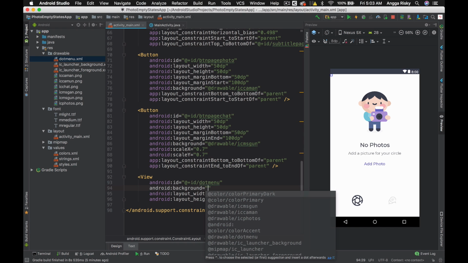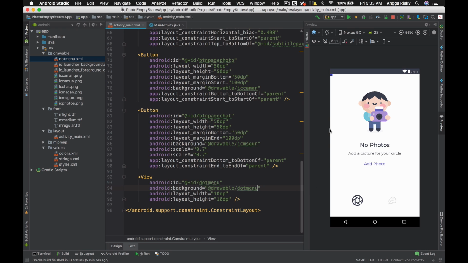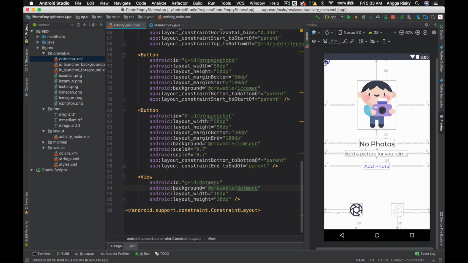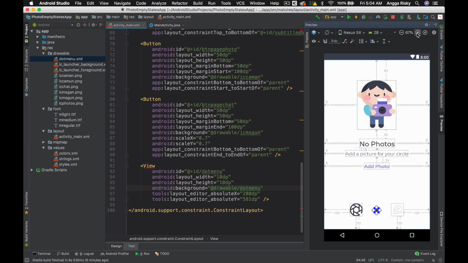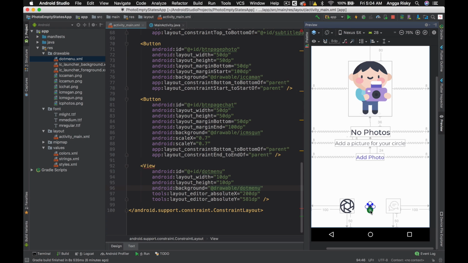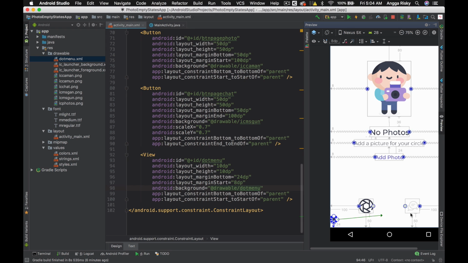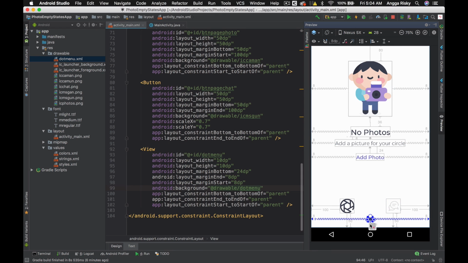And setting the background for that menu, and you'll see there is the tiny menu there. Then I think we just need to drag here and give the margin like this. Okay, and then we give the margin on the right like this.